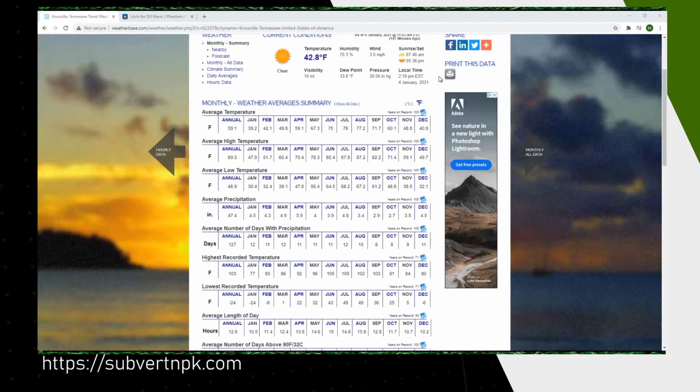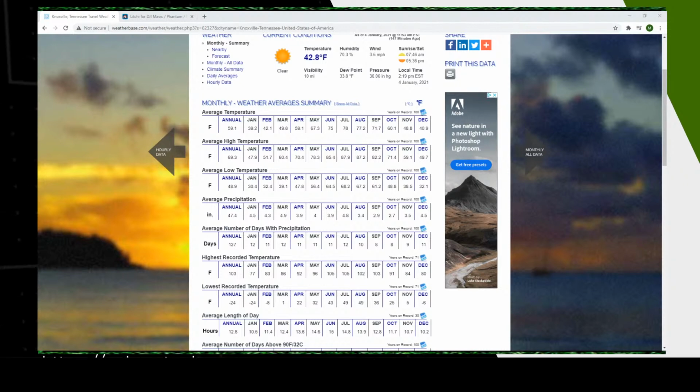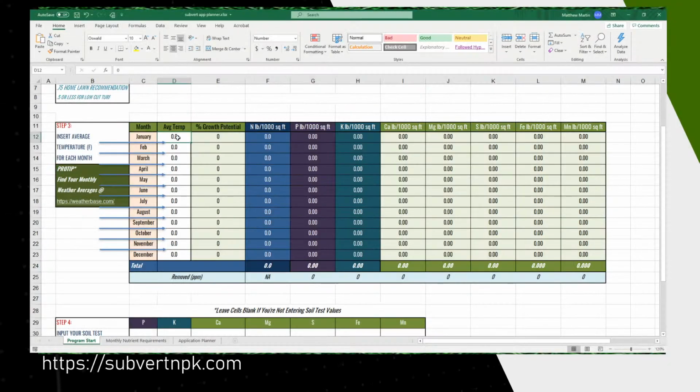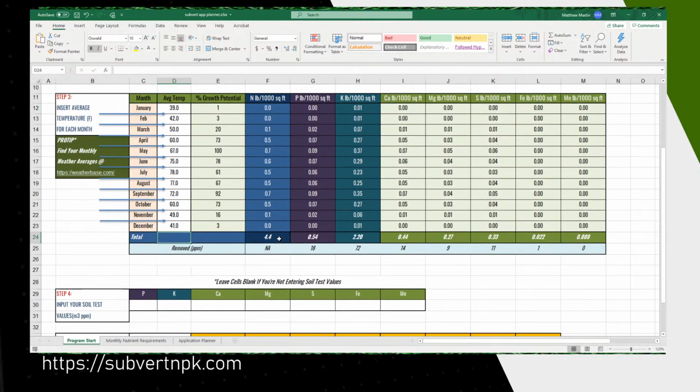I have just pulled up Knoxville, Tennessee right here because that's where I am. And so I'm going to input these temperatures into the spreadsheet. So I averaged 39 degrees in January, 42 in February, basically 50 in March, 60 in April, 67 in May, 75 in June, 78 in July, 77 in August, 72 in September, 60 in October, 49 in November, and 41 in December. So as you can see, it'll start to spit out information to you right here where it's making